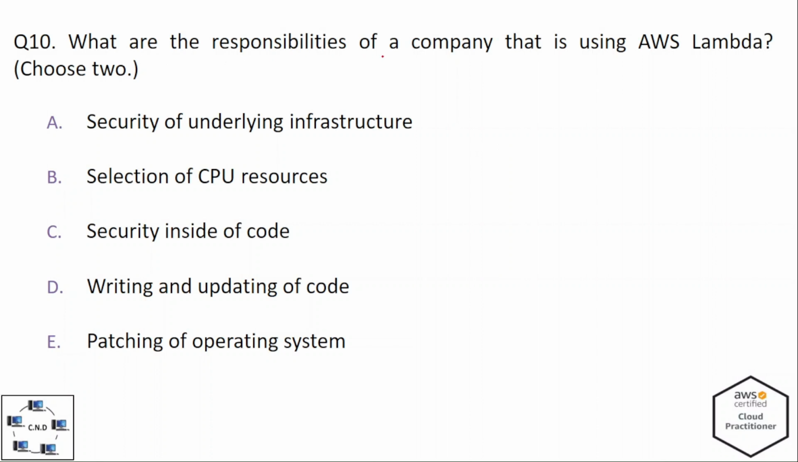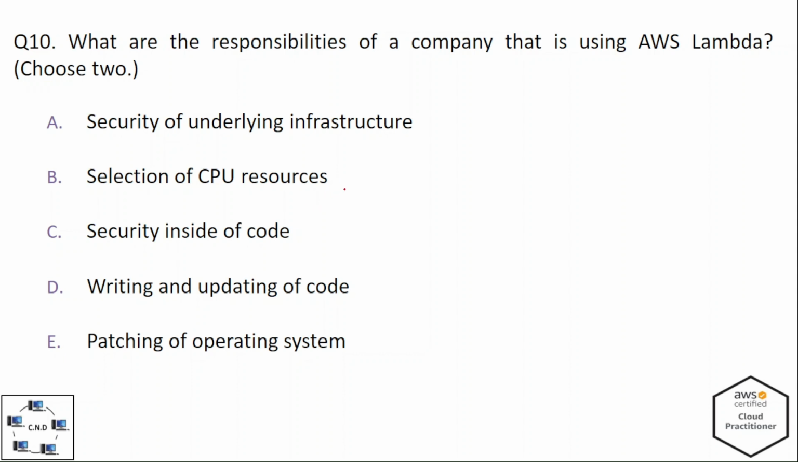What are the responsibilities of a company that is using AWS Lambda? And we have to choose two options. Options are A. security of underlying infrastructure, B. selection of CPU resources, C. security inside of code, D. writing and updating of code, and E. patching of operating system. And the correct options are,